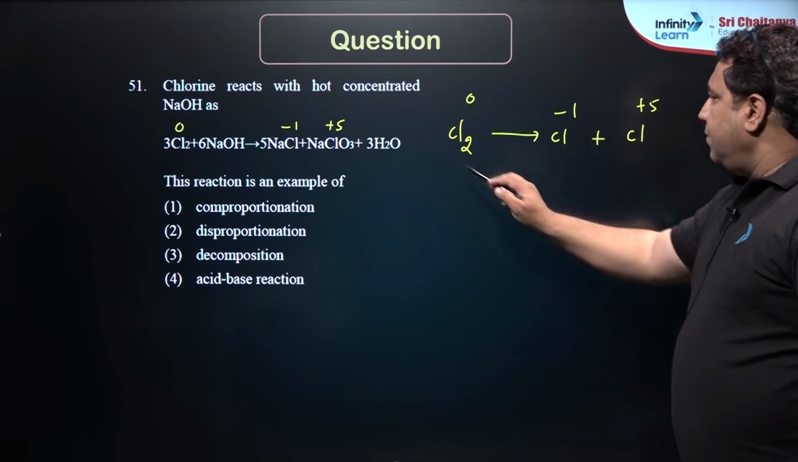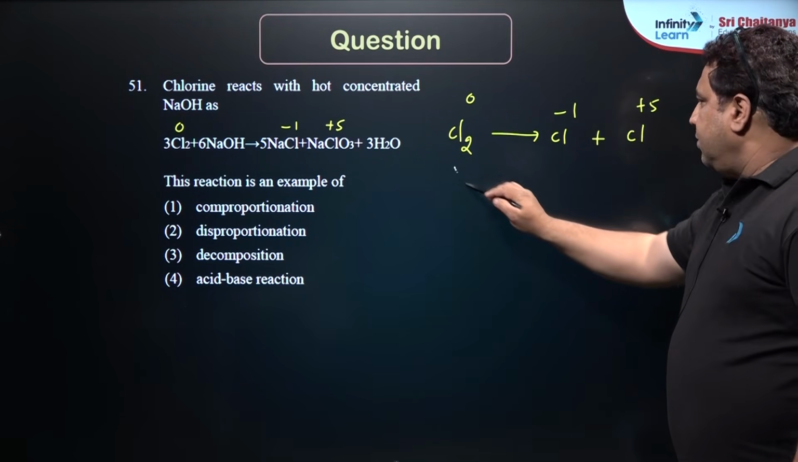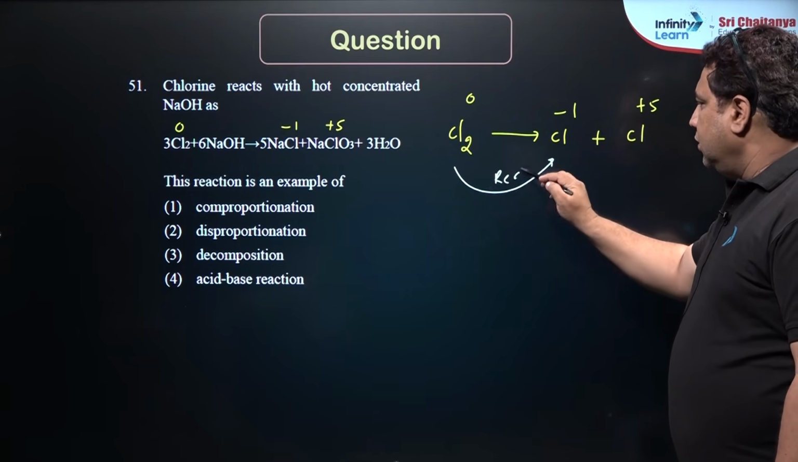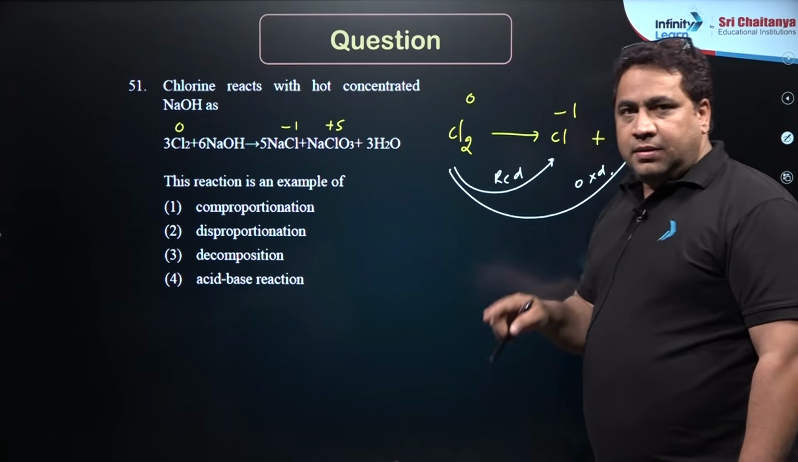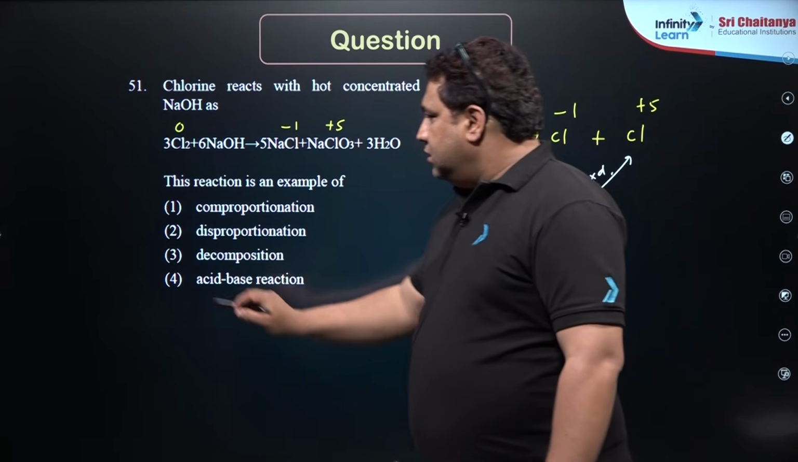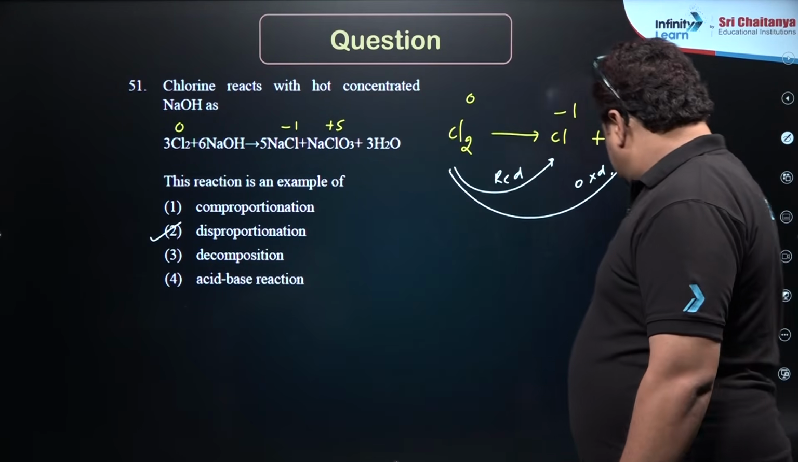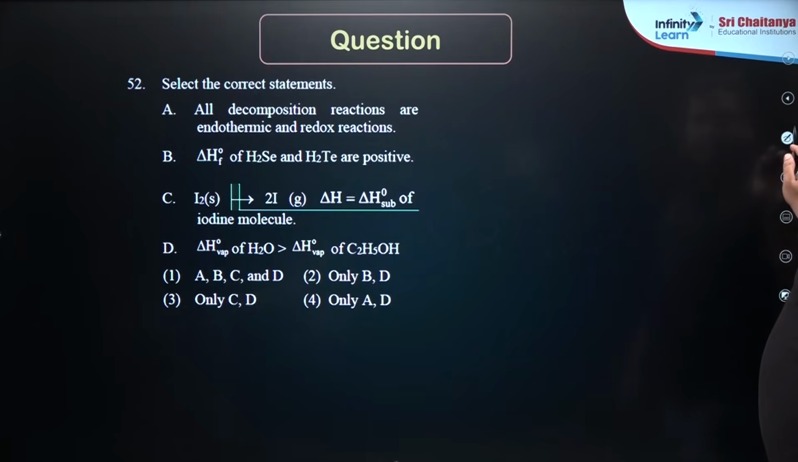Right? So that means from here to here, if you see, it got reduced, and from here to here, if you see, it got oxidized. So if the same element undergoes oxidation as well as reduction, that is called a disproportionation reaction. Okay. Next,